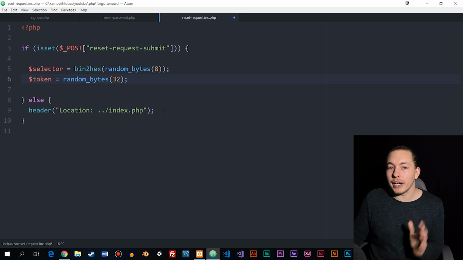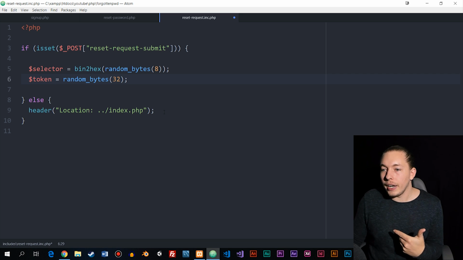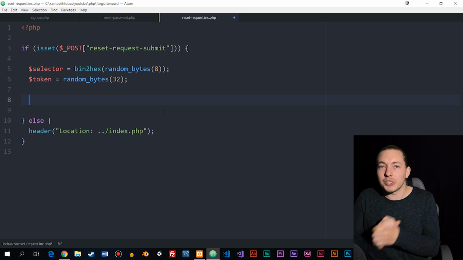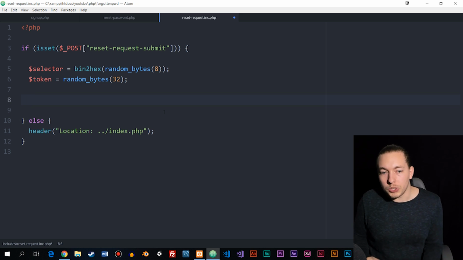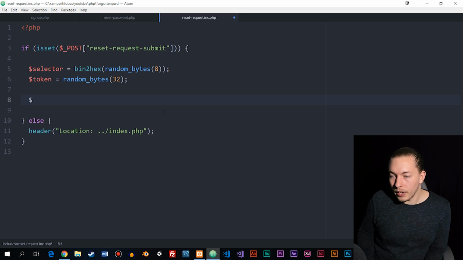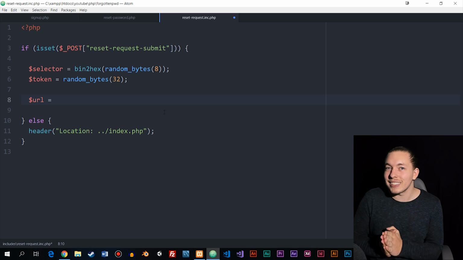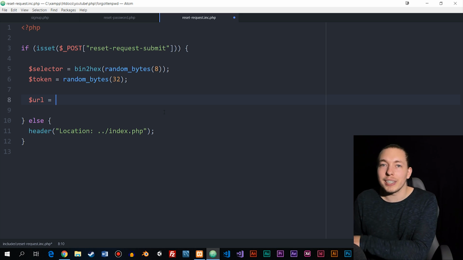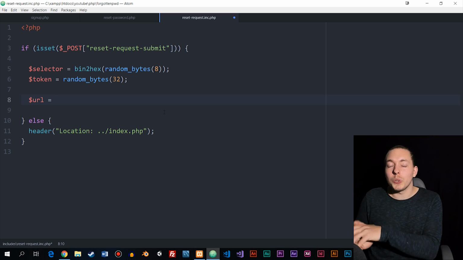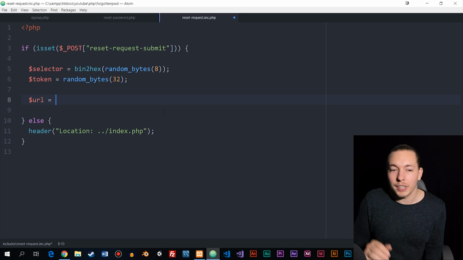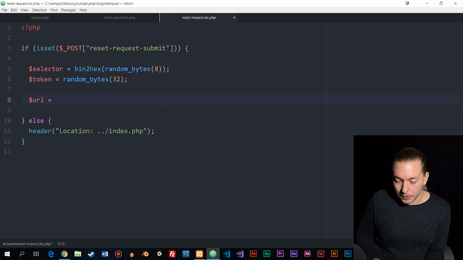We're going to go down below here, and the next thing we're going to do is create the link that we're going to send to the user by email. So I'm going to say we have a URL. Now, depending on your website, this is going to change, because my website is called mmtuts.net, so I have to use that as part of my link. Go ahead and make your link into your website, so change it accordingly. I'm going to set this one equal to